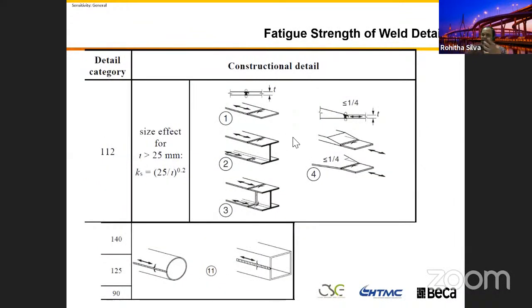Like that, if you go to any design codes, you have all the welding details defined. This is, for example, in a column. When you are producing a column, you get a piece of plate, you bend, roll that one, you weld a vertical longitudinal seam, and you get a crack in here because of the fluctuating load. Because of the axial stress in the column, it will be fluctuating when the traffic is passing on the bridge. So this stress you need to